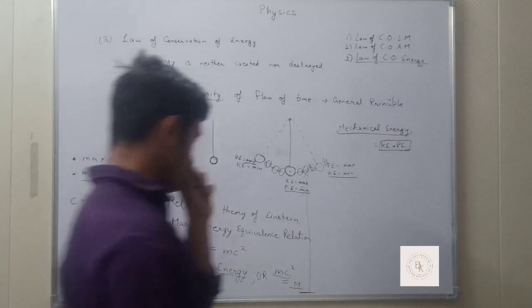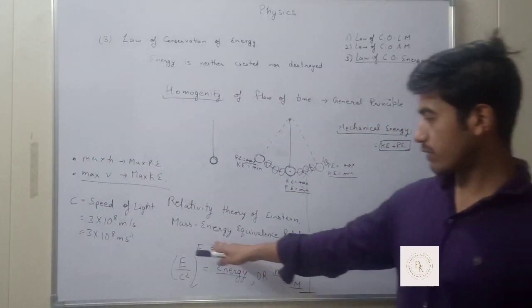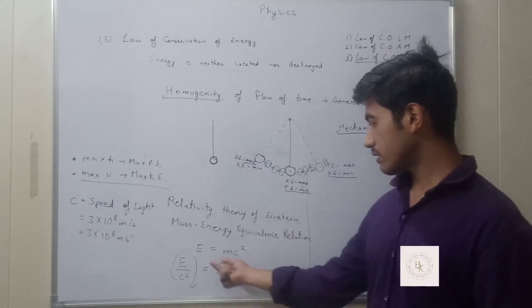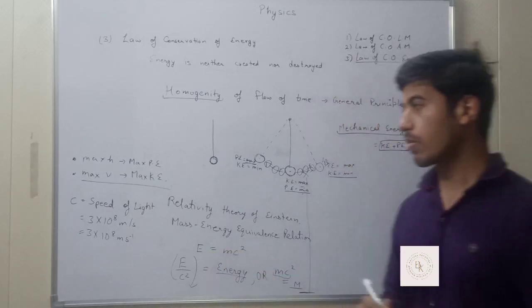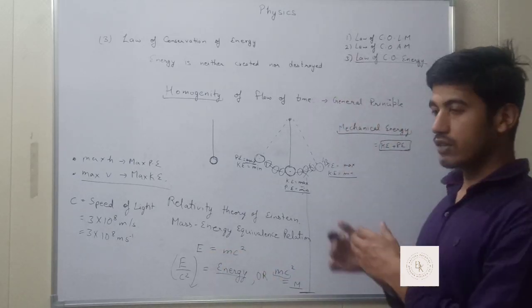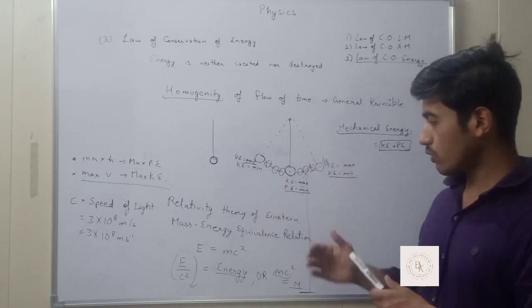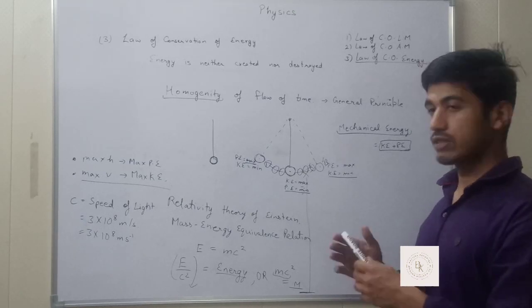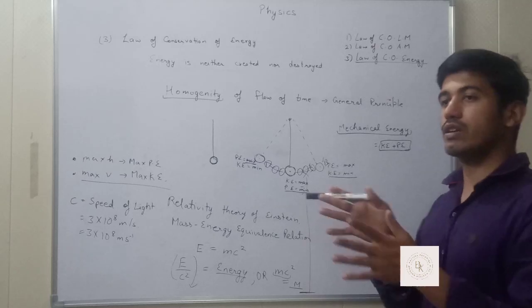Okay, so I hope that you understand the mass energy equivalence relation of Einstein and how it goes. It says that E and M, the energy and mass, are interconvertible. Say if a mass achieves a speed equivalent to the speed of light, some of its mass gets converted into energy, and vice versa. If the mass gets destroyed, it is converted into energy.